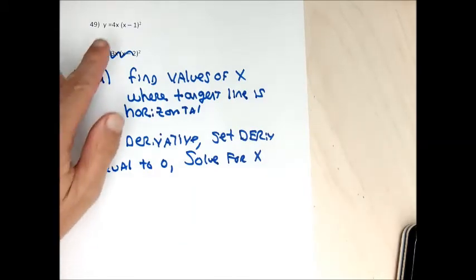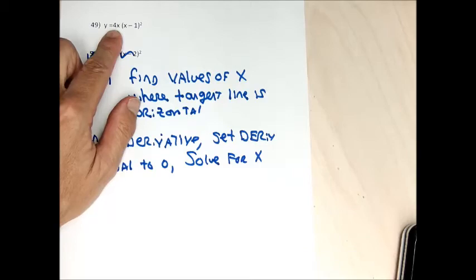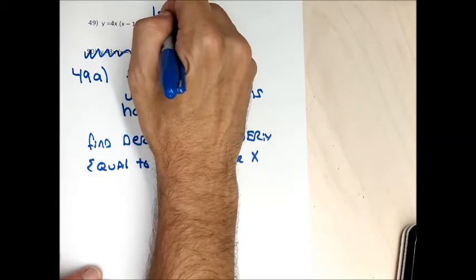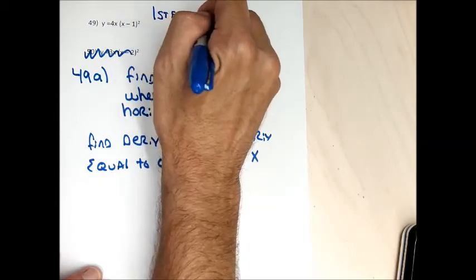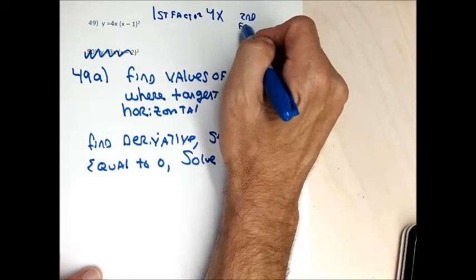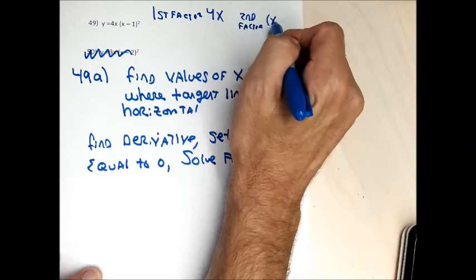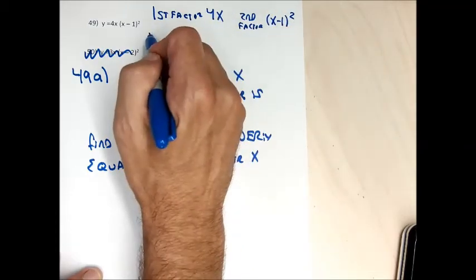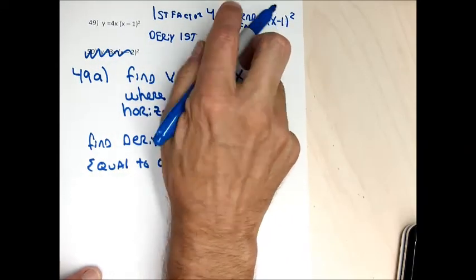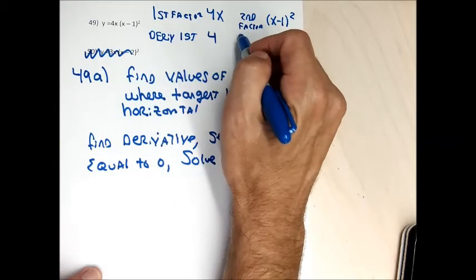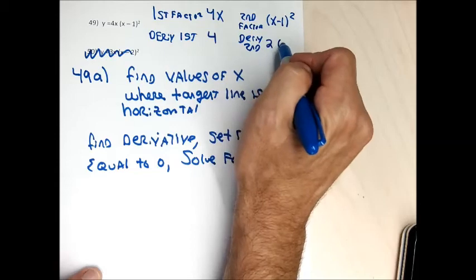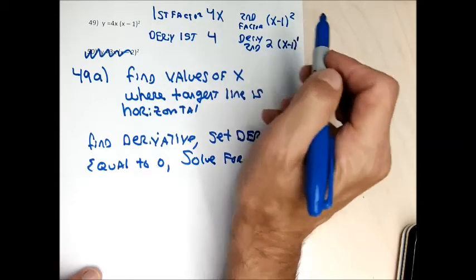So derivative, it's a product because there's multiplication and both factors have an x. I need the product rule. So to do the derivative, I need the first factor. The first factor is 4x. The second factor is x minus 1 squared. I need the derivative of the first, the derivative of 4x, since the first power term is just the 4, and the derivative of the second, where I bring the 2 out in front of the parentheses, lower the exponent by 1,